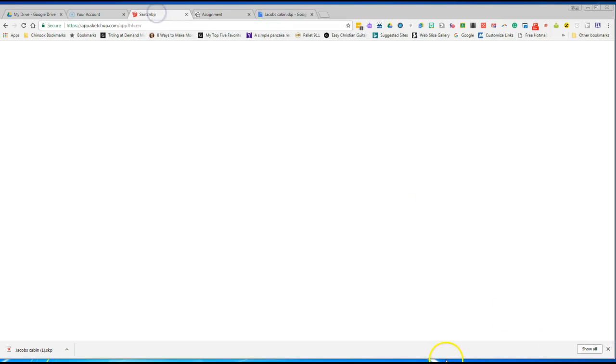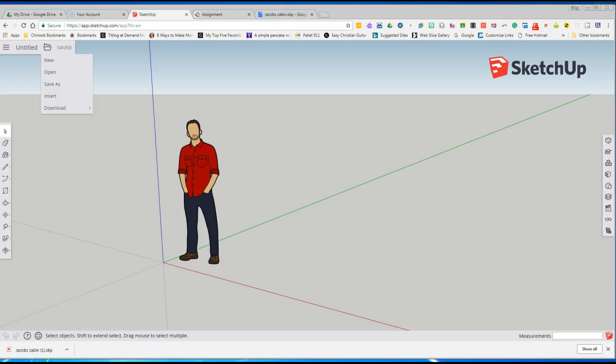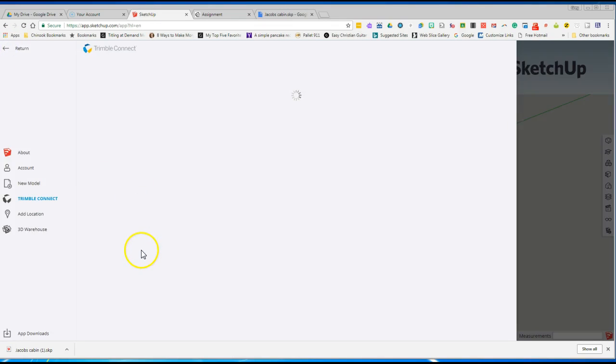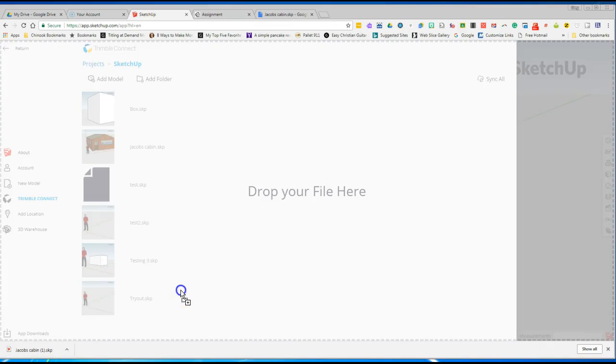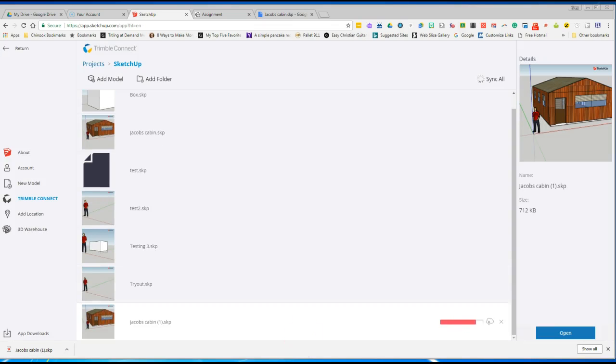If I go to SketchUp now, and I go to where my work is, I will then be able to upload that file here just by simply dragging it. Okay, and you can see that down in this corner it uploaded, and now I have Jacob's Cabin here. So I can open up Jacob's Cabin,